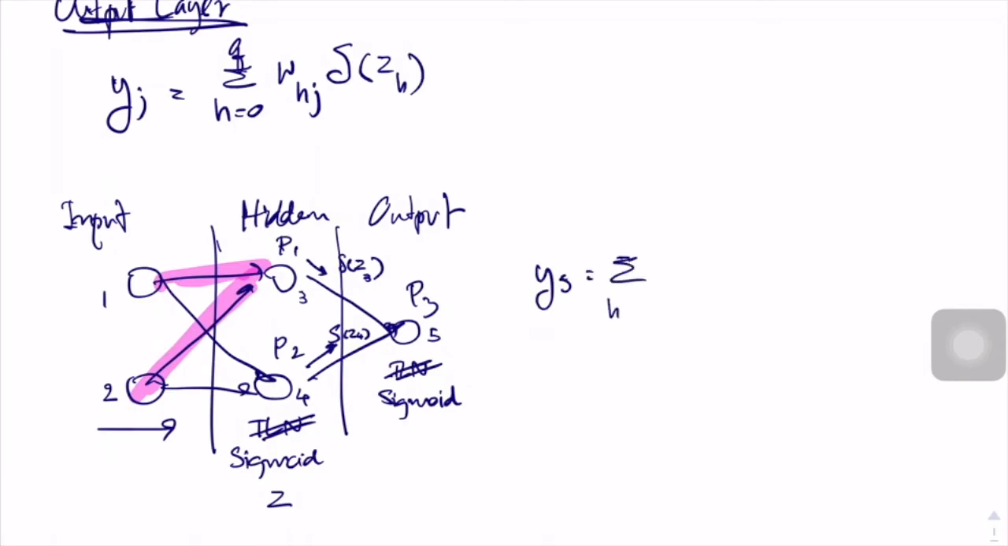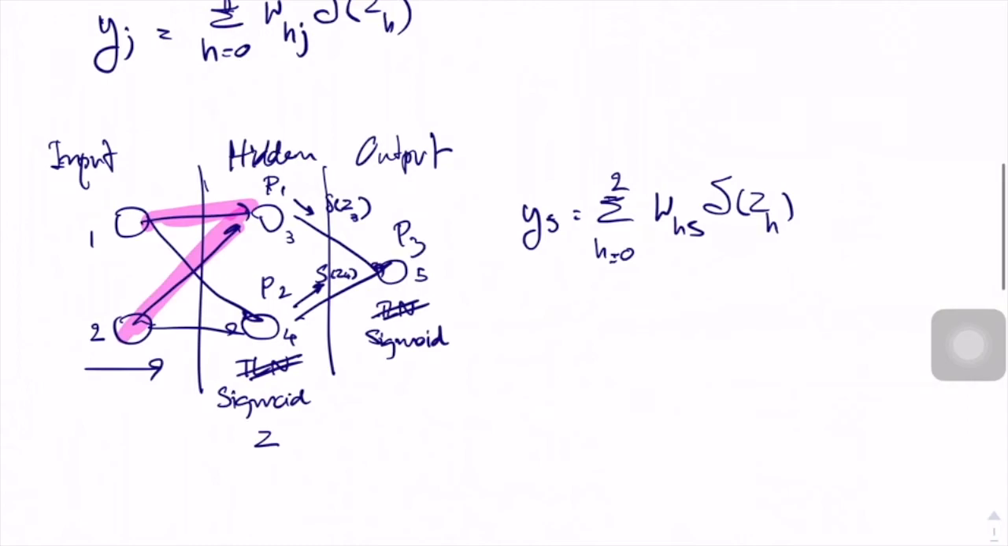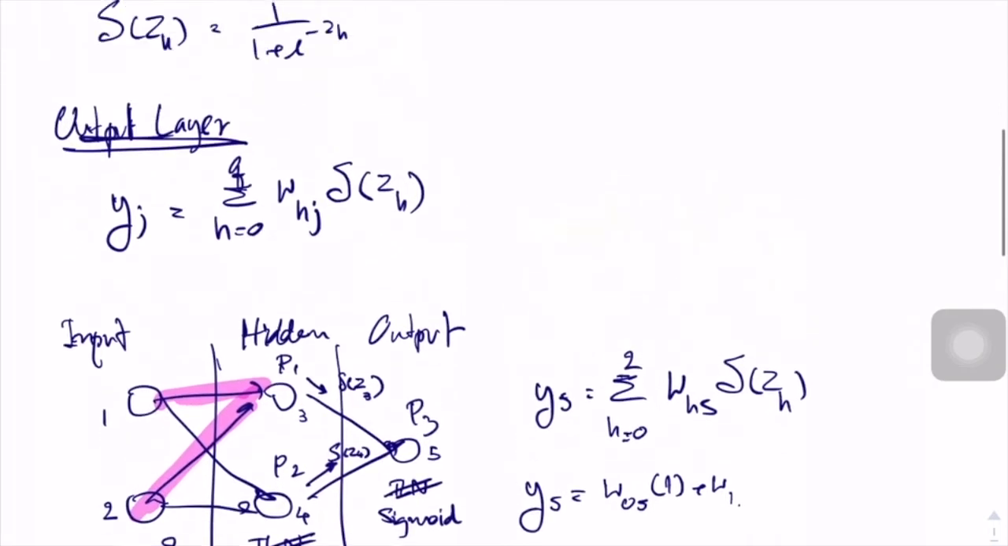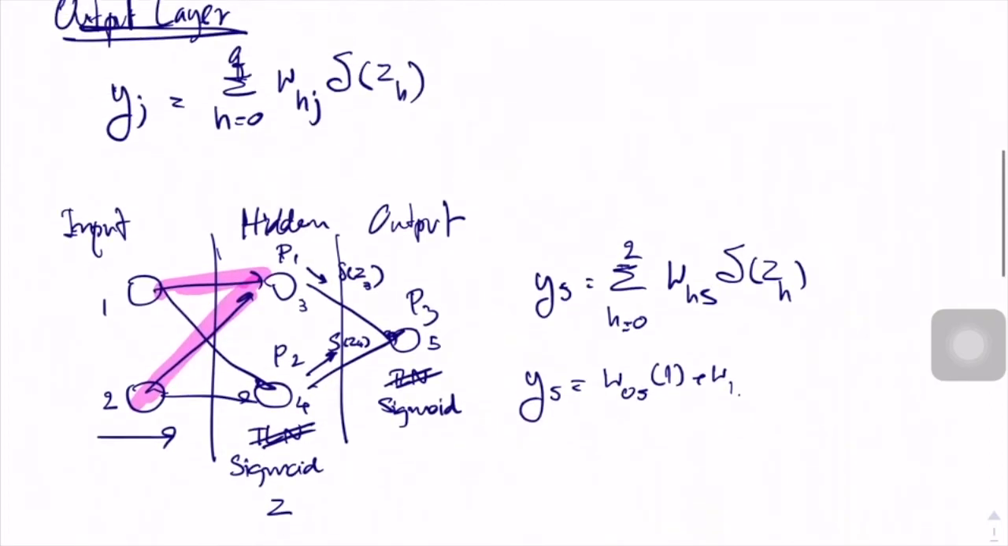The summation in node 5 will be the summation of H from 0 to 2, because we have only 2 links from the hidden, right? So it will be H from 0 to 2 of WH5 times signal of ZH. Okay, that is the output from hidden node. So Y5 will be W0 of 5 times 1, that is the x0, right? And W1 of 5,